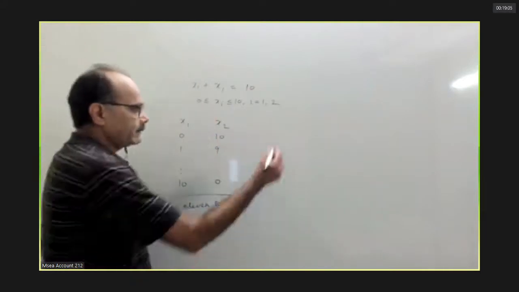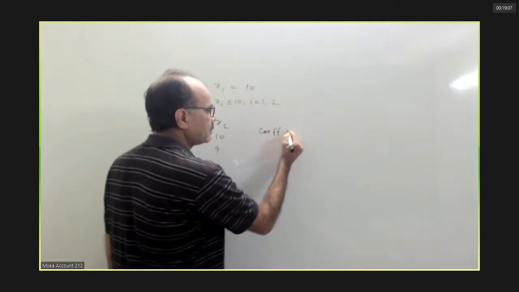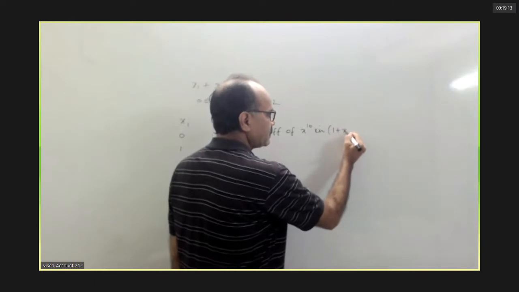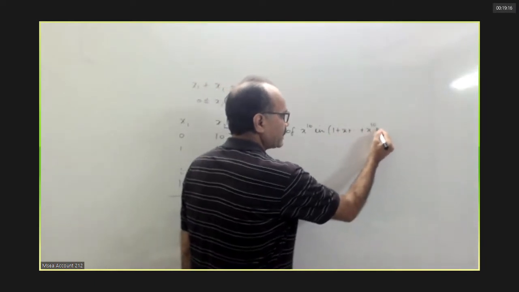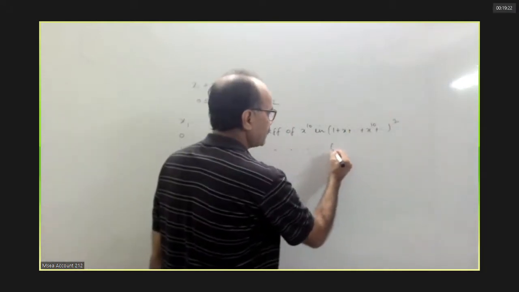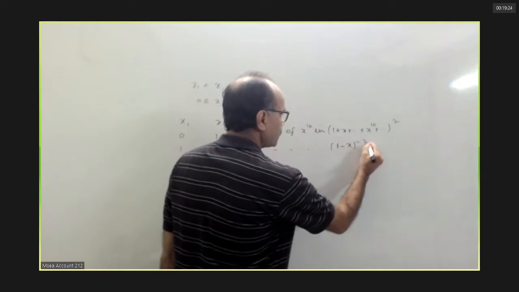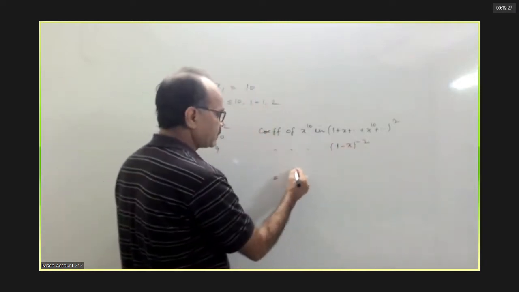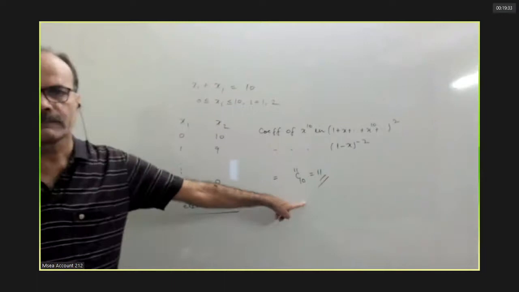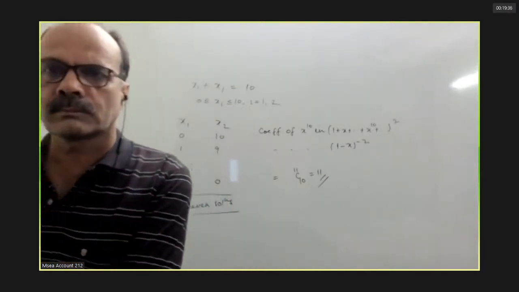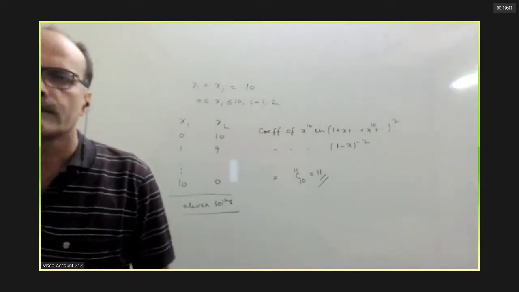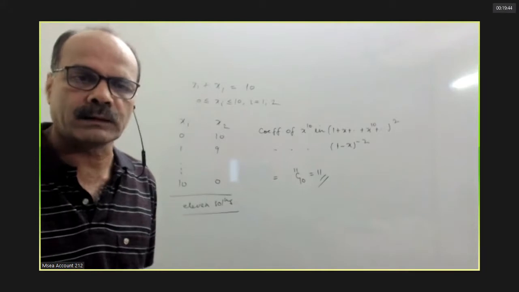Now let us do it by that way. Coefficient of x to the power 10 in x to the power 0 is 1, x to the power 10, and we can take infinite series, whole square. There will be two series. The coefficient of x to the power 10 in 1 minus x to the power minus 2 equals 10 plus 2 minus 1 C 10, that is 11 C 10, that is 11. Same we are getting. Okay, just to verify.